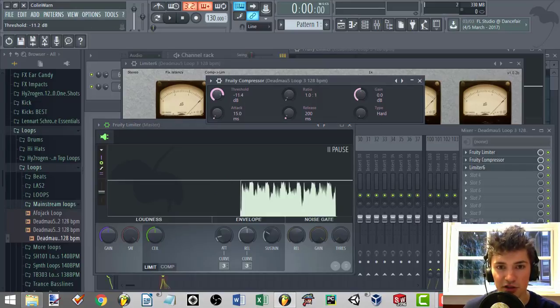So if I have my threshold set at -16, I'm telling the compressor, okay, if a sound hits -16 dB, which in this case we're looking at the top left, it's about right here, then start compressing the track, which means start putting some volume automation. Looking at this track, just from a more practical point of view,